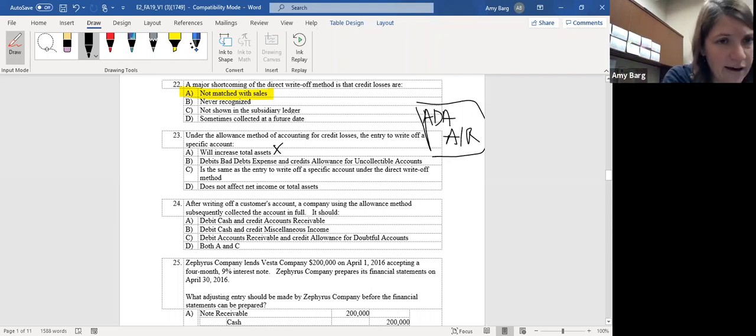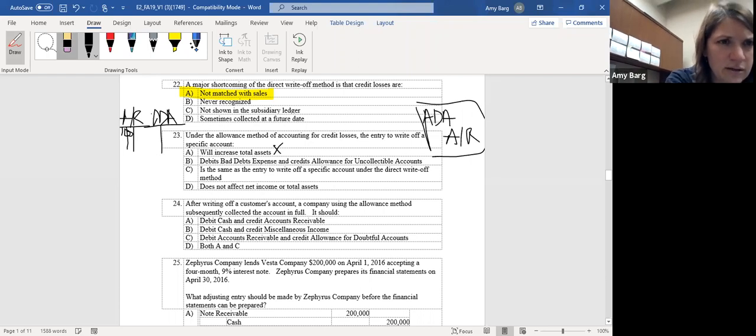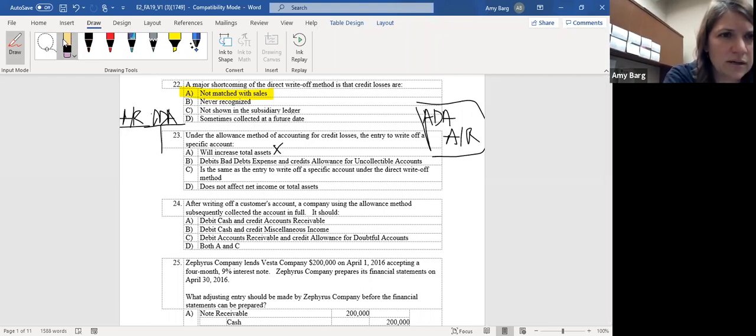So if you have an accounts receivable, an allowance for doubtful accounts, got some T accounts over here, right? If you have like 100, sorry, did not give myself enough space. So if you have like 100 in your accounts receivable,